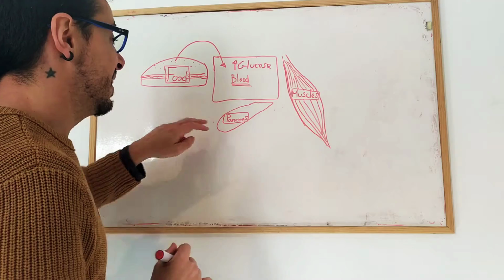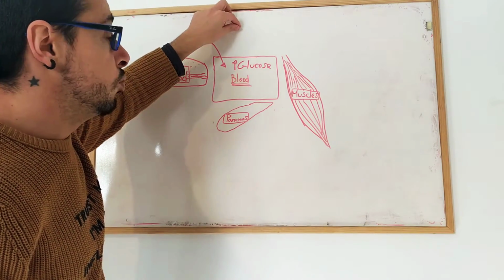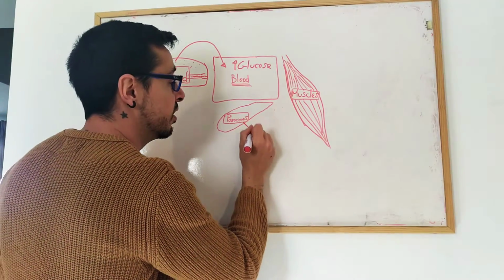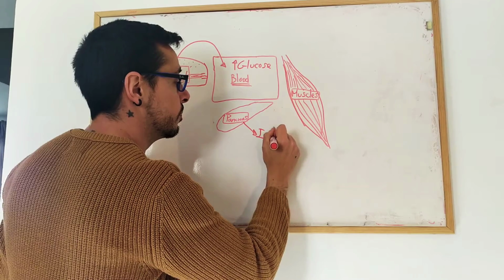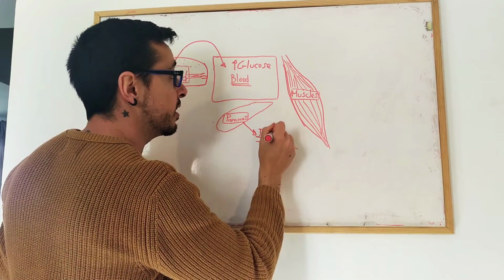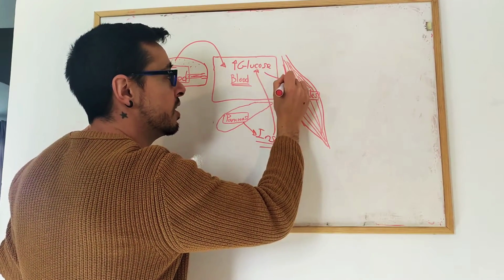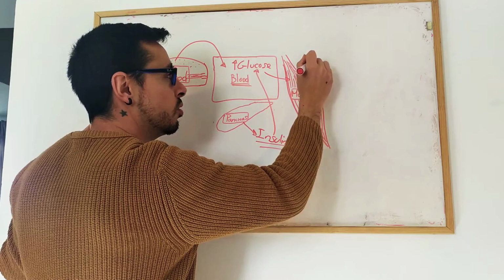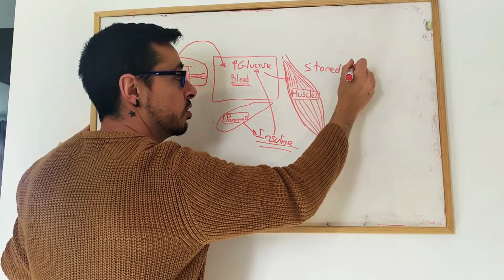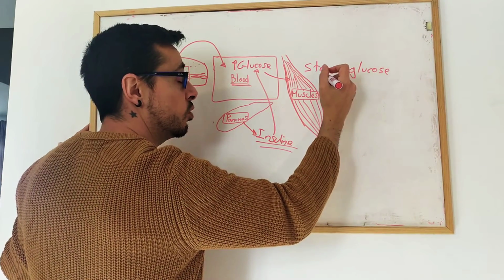And what is going to happen? That because of the control of the hypothalamus and pituitary gland, they are going to say to the pancreas, secrete insulin, okay? And insulin is going to take that glucose in blood to the muscles, and it's going to be stored as a molecule which is called